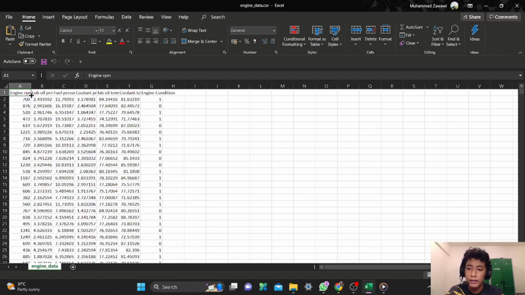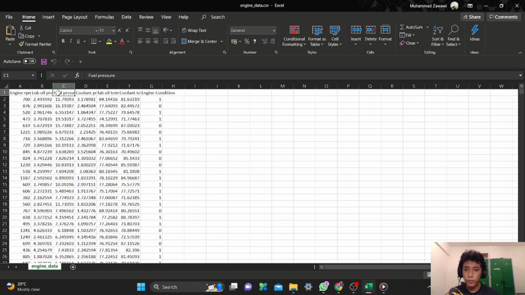If it is high, it sometimes can cause failure or not, because there are some cars that can provide higher engine RPM, but there are certain sensors that show it cannot cause the engine failure. Okay, next we have the lube oil pressure. We will divide it into 3 parts, which are low, medium, and high. If the lube oil pressure is too low or too high, it will cause the engine failure, as it will break down the engine on the inside.